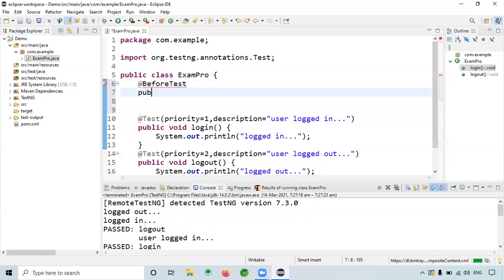Now I will write one method, public void loginToApp, like this.